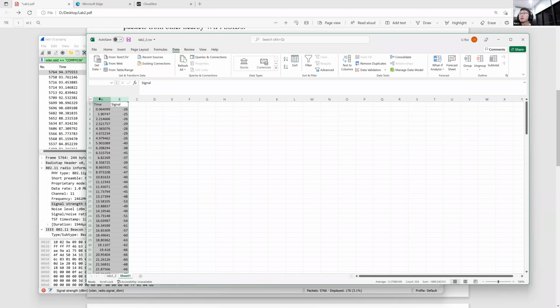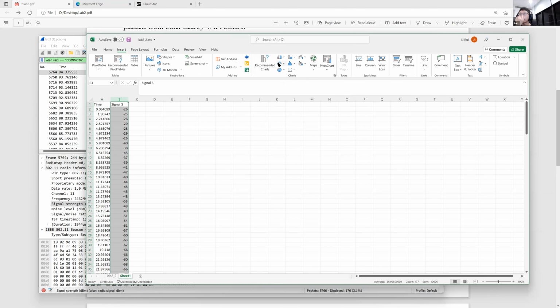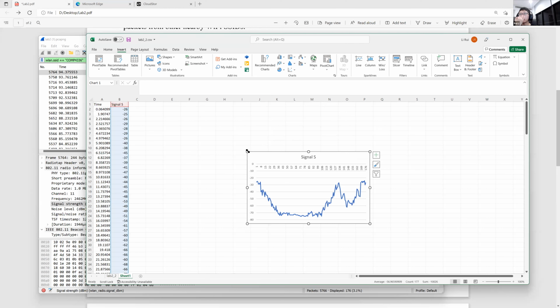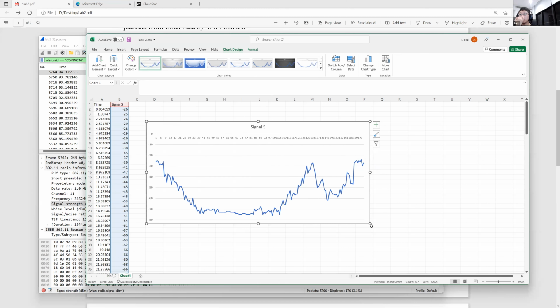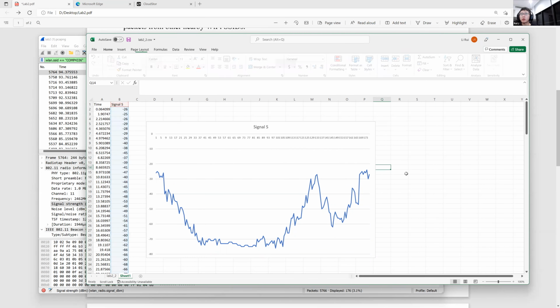So that's the signal strength. Then we can use whatever tool you want to plot this. For example, here I can simply use Excel to do that. So we will have this kind of